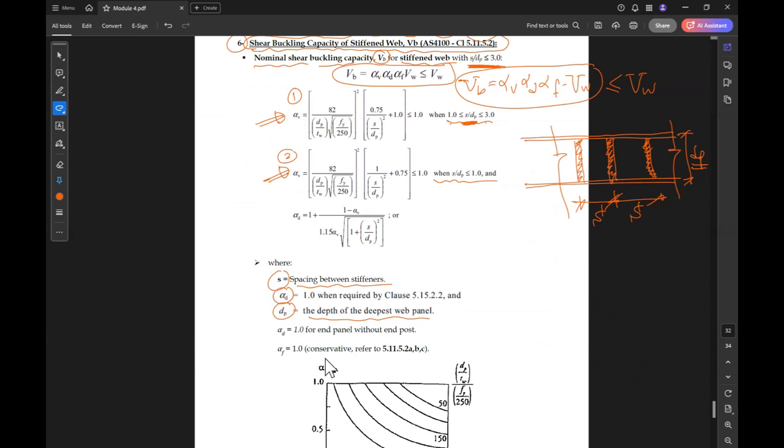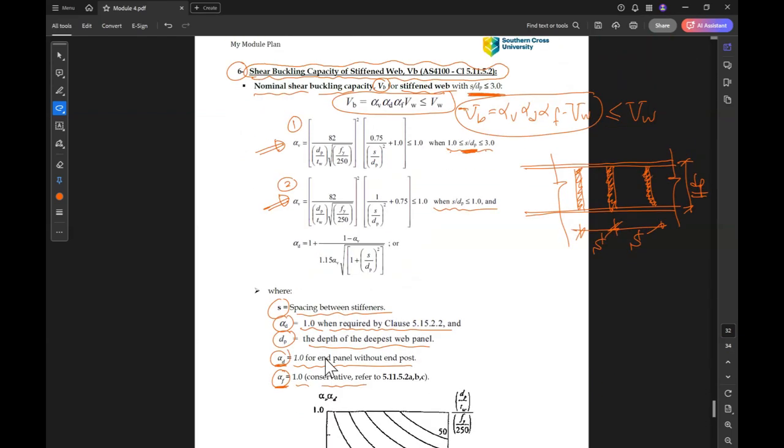Okay. Lambda D equals 1 when required by this clause. So lambda D can be taken as 1 for an end panel without end post. Alpha D and alpha F equal to 1 as a conservative use. So